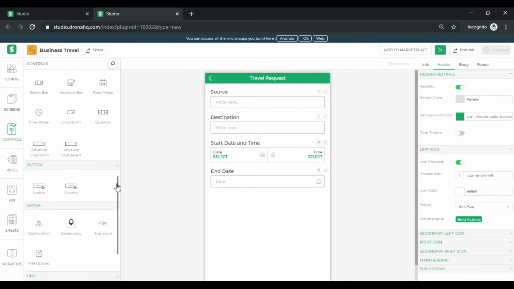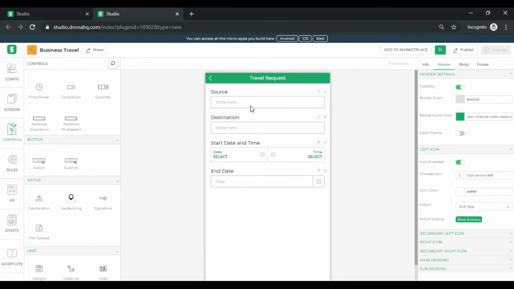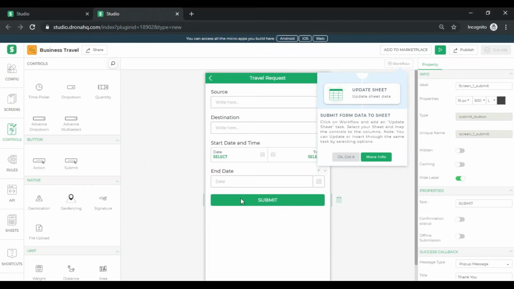We can add a submit button to allow the user to submit these details for approval. We'll click on submit and you can see the button gets added over here. Once we do that, we can specify where the data from this screen is going to go. We can select the sheet